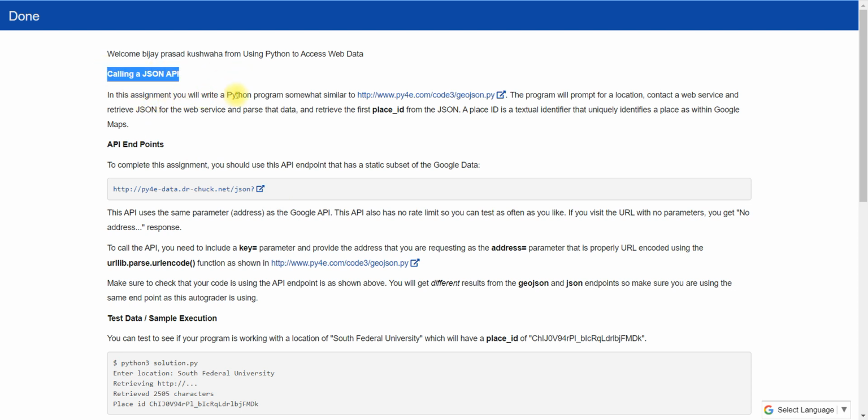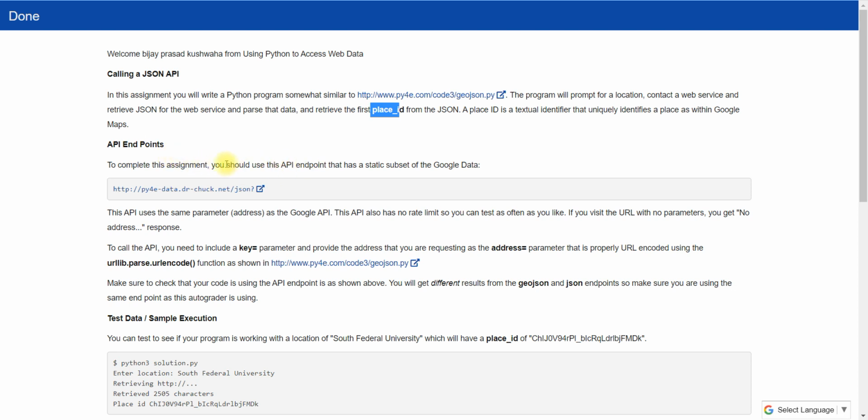In the assignment you have to write a Python program something similar to GeoJSON.py. This program will perform a location lookup, and you know these things well, but here we have to find the place ID from JSON. Note it, from JSON.